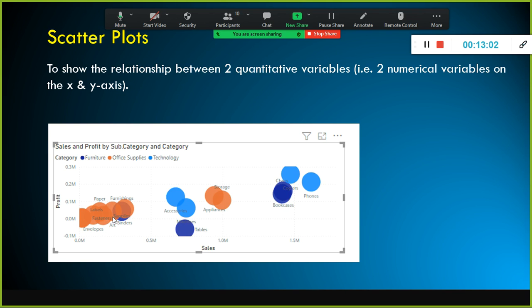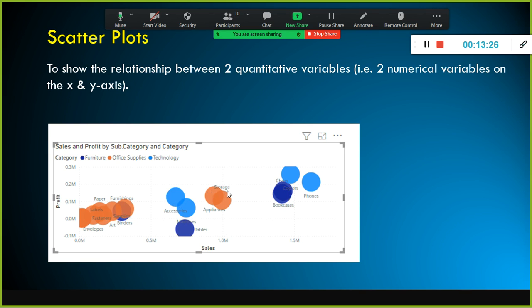Here, I have copy pasted the screenshot of the scatter plot. Here you can see the bubbles. By increasing the size of each plotted value, we have an option called size in Power BI.